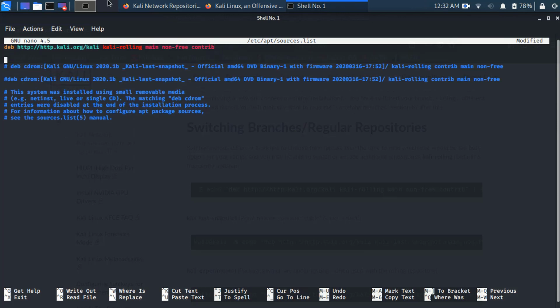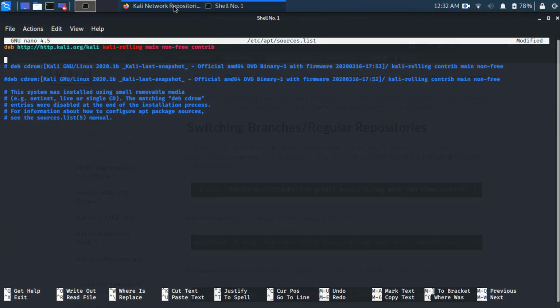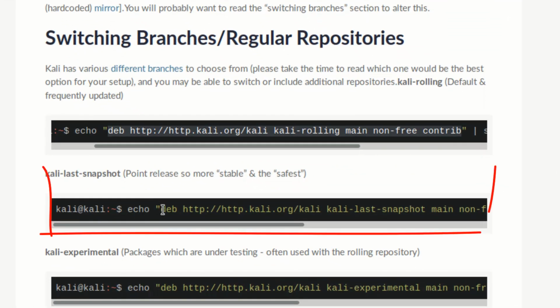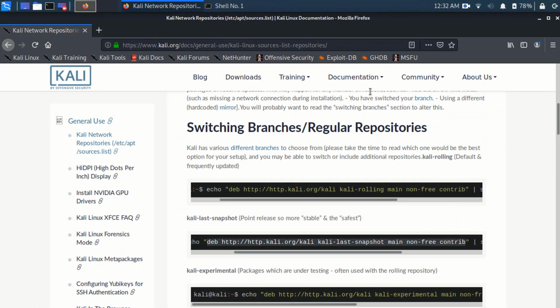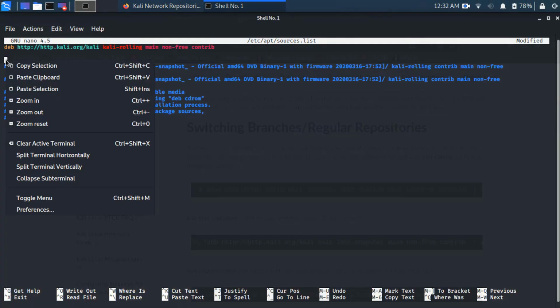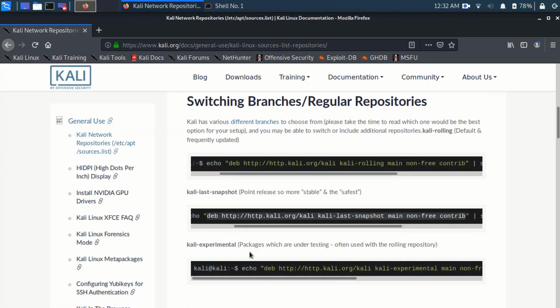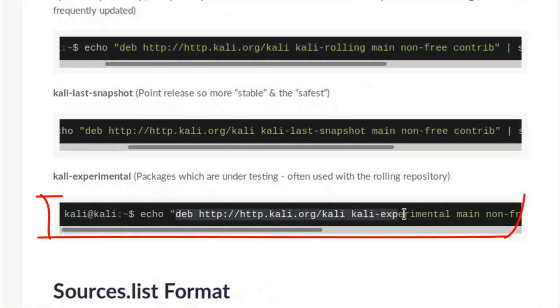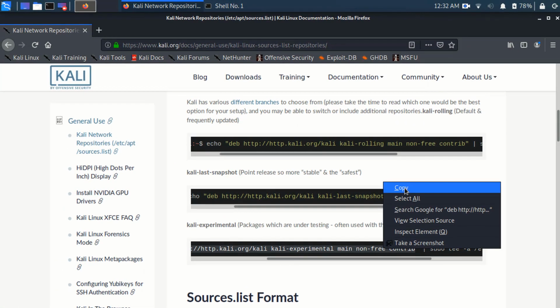Now select the second, which is the last snapshot. Copy it again, paste it in the terminal and again enter. Now the third one, which is experimental, just select that repository, copy it and again paste it here.